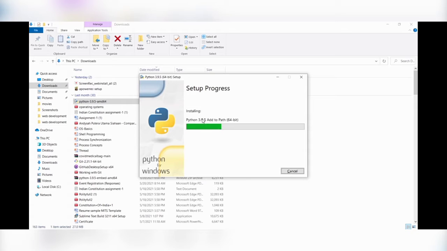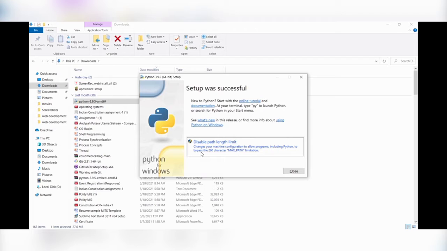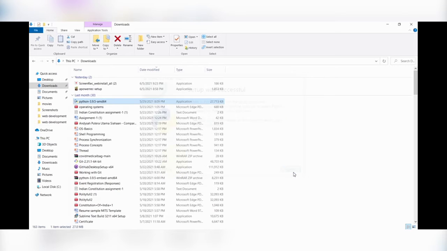It takes just a few minutes to upgrade the whole setup and installation process, and some libraries will be updated. I am disabling the path length limit. Here it is, the setup was successful.